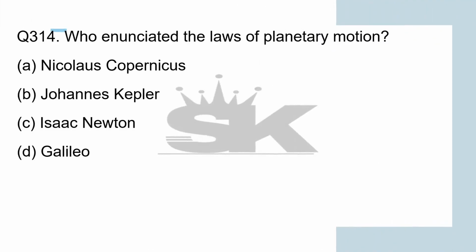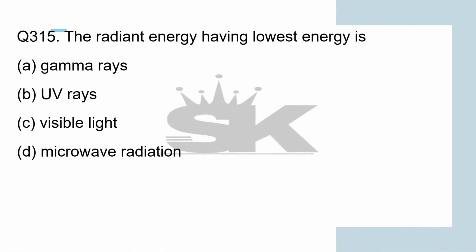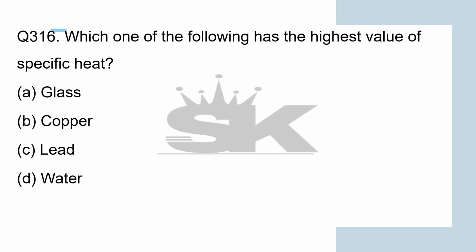Who enunciated the law of planetary motion? Everyone knows that: Kepler, right? The radiant energy having the lowest energy is microwave radiation. Okay, which one of the following has the highest value of specific heat? That is water. Okay,